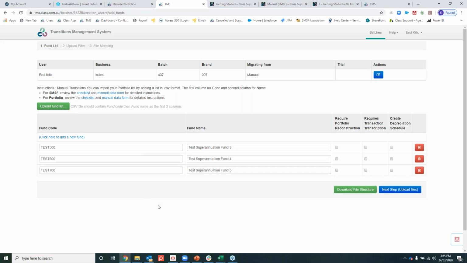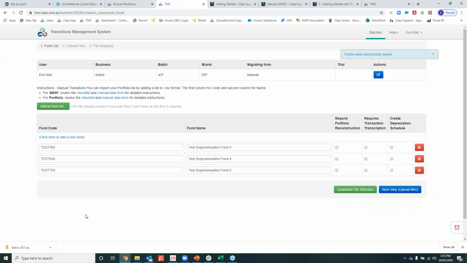Now, at this point, I'm going to show you the download file structure button. What the download file structure button does is it goes and creates a zip folder, which forms a template for you to use to generate your data files and reports. This is particularly useful if you've got multiple funds that you're loading for a batch. In this scenario, we're loading 3 funds. So if I open up my zip file,